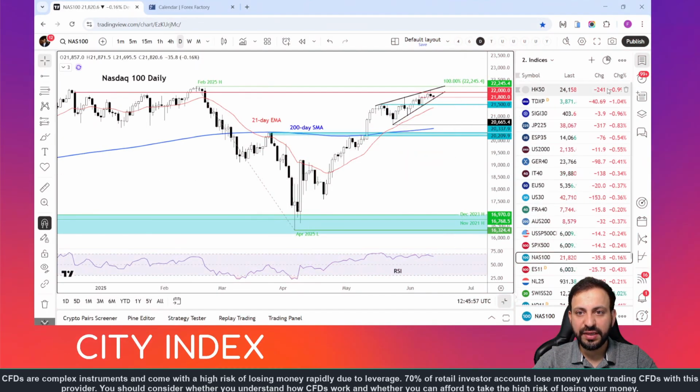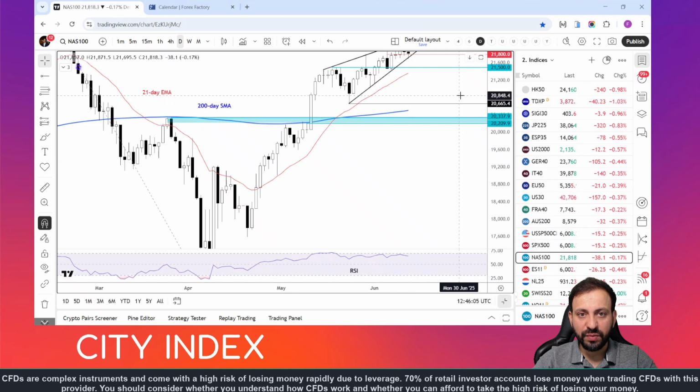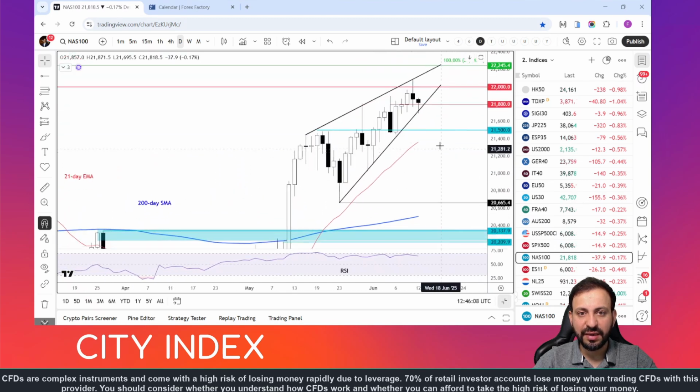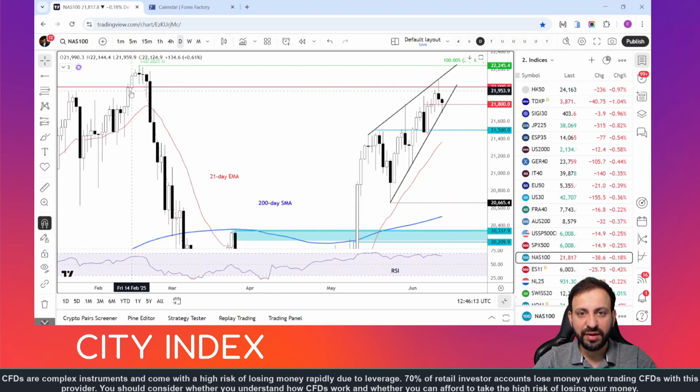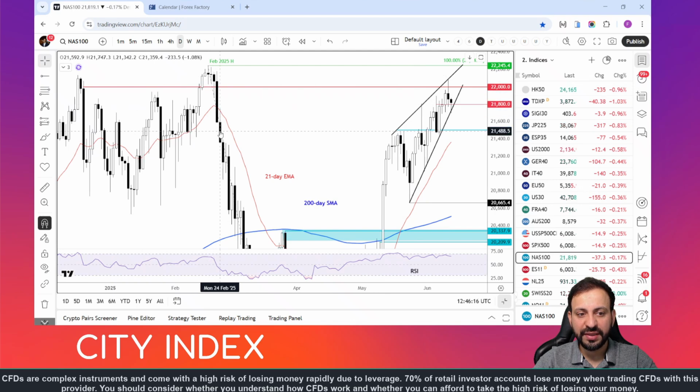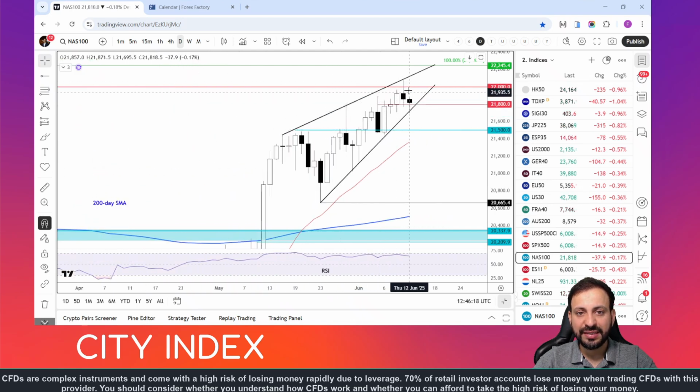Now, looking at the equity indices, you can see that markets are down across the board with moderate losses so far. Now, yesterday, the Nasdaq 100 formed a bearish looking candle around the 22,000 psychologically important level, where previously it had also found resistance before the big drop that took place earlier this year. This came on the back of Trump's fresh tariff threats, causing the market to take a tumble. The market is now testing the trend support of this rising wedge pattern. It has bounced off the lows. Let's see where it will close today's session.